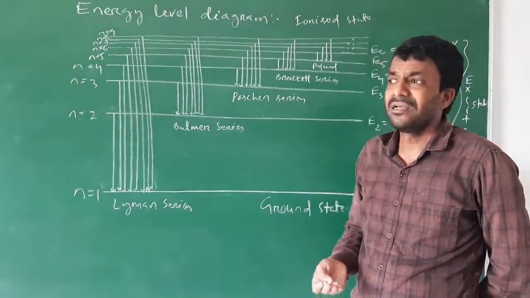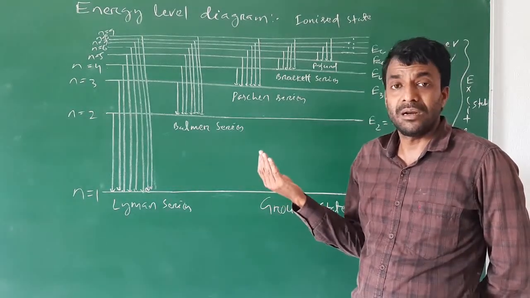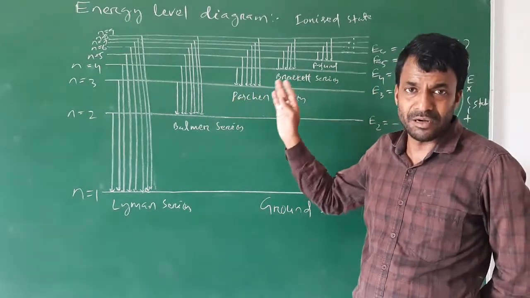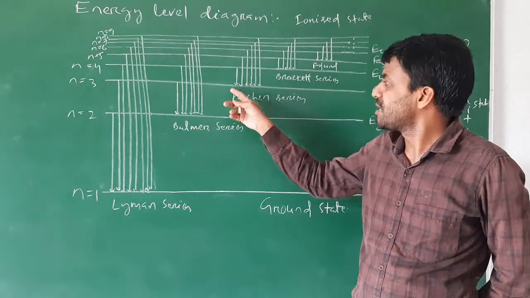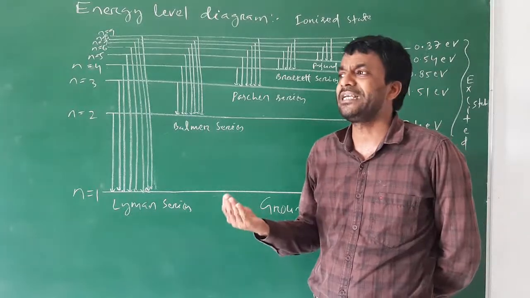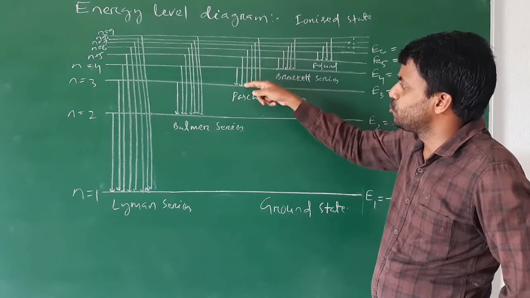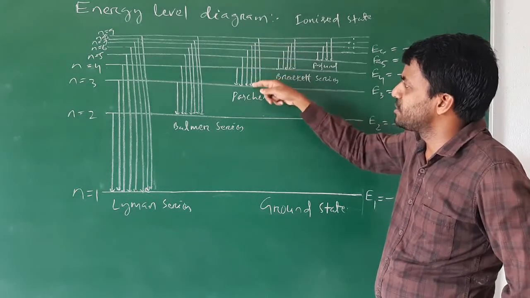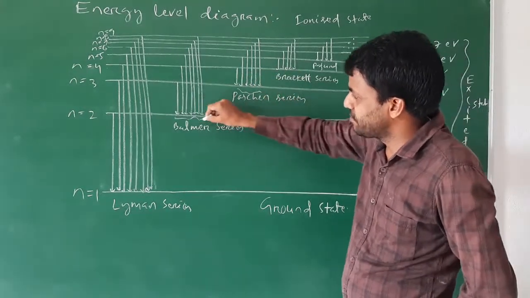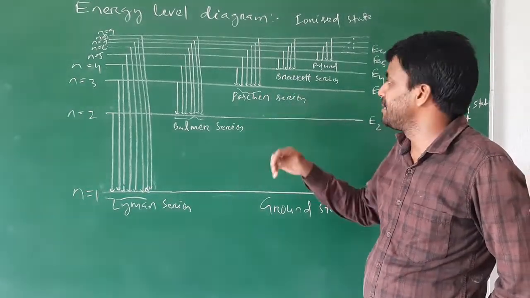Similarly, the Paschen series. According to the definition, in the Paschen series the electron jumps from the higher orbits to the third orbit, which means the final state is the third state, n1 is equal to 3 and n2 is equal to 4, 5, 6, 7, 8, up to infinity. That is 4 to 3, 5 to 3, 6 to 3, 7 to 3, 8 to 3, 9 to 3. These are the Paschen series. This is the Paschen, this is Balmer, this is Lyman. And this lies in the infrared region.